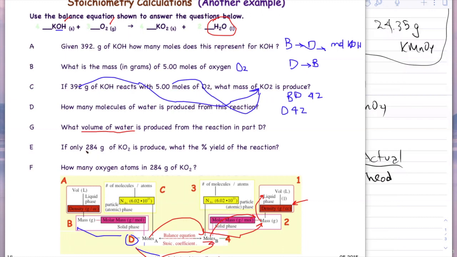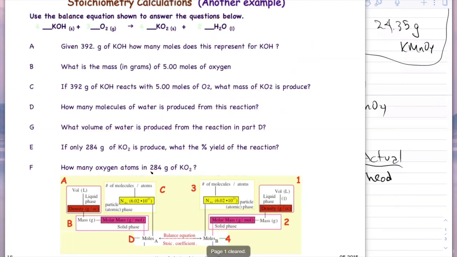If only 284 grams of KO2 is produced, what is the percent yield? Again, you have to figure out which is the limiting reagent. This question right here, 284 grams of KO2, well, let me clear my map. Let me clear my mess here, okay? If you have 284 grams of KO2, that's that mass right there. How many oxygen atoms? Well, you first need to calculate the moles, and then you need the formula. Okay, I know it's not here, but you need the formula,